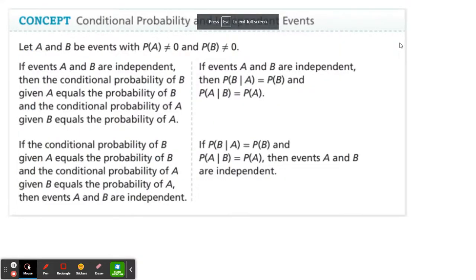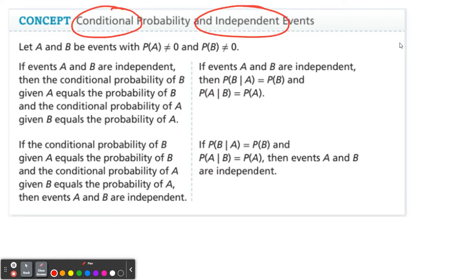All right, so lesson 12, video number 2. So now, how can we use conditional probability to test for independence? Conditional probability and independence. So if we let A and B be two events,